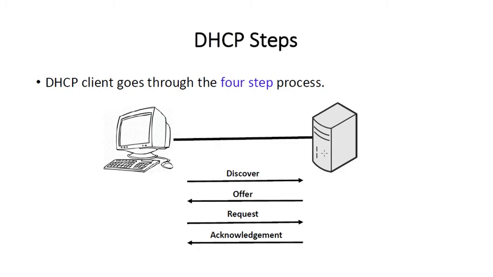Then the DHCP server, after receiving this DHCP discover packet from the client, is going to respond, which is based on the DHCP offer packets. So you can see the arrow from the server to the client. It's the offer packet which is being sent from the server to the client, sending the IP addressing information. Once the client receives the DHCP offer, the first DHCP offer packet is being accepted.